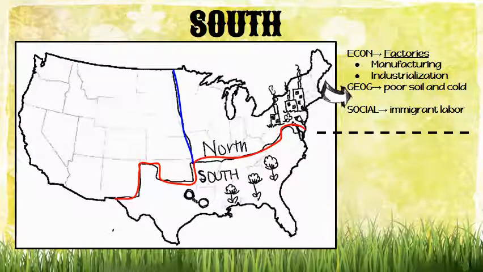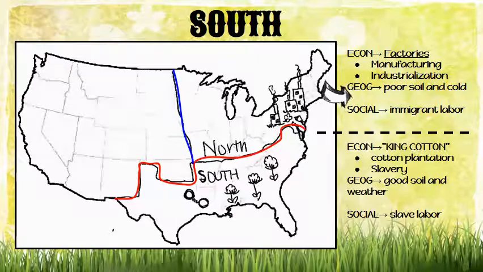Now we need to identify the southern region. So in the south, you're going to draw the handcuffs, you'll draw little plots of cotton, and then you're going to write what you see on the far right. So the economic factor in the south is cotton plantations, along with slavery. They go together. You don't have plantations without slaves. And they call this King Cotton because it ruled the south. It determined a lot of things, not just economics. It probably determined a lot of politics.